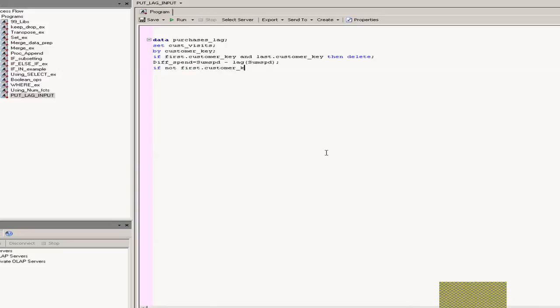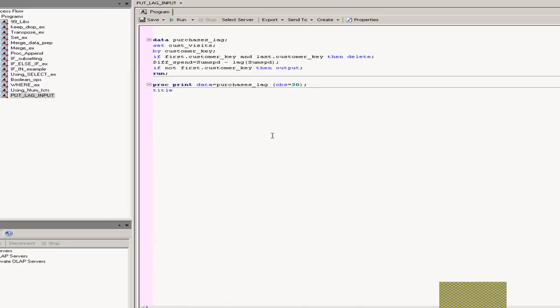And then finally, if it's not the first customer key, then output. This means that it's not the first time that that customer has come to visit the store, it means that he's visited more than once, so we want to output that result. Okay, so we're basically calculating the differences, so purchases_lag. If we print out the first observations, it gives us the differences in spend between subsequent visits of the very same customer. So if we just go proc print this,